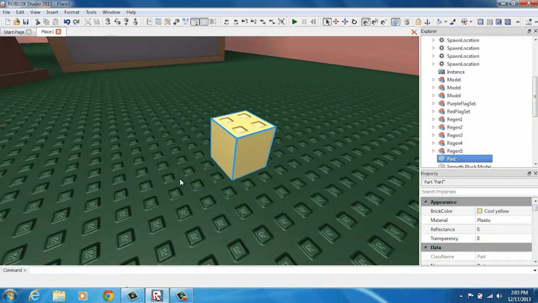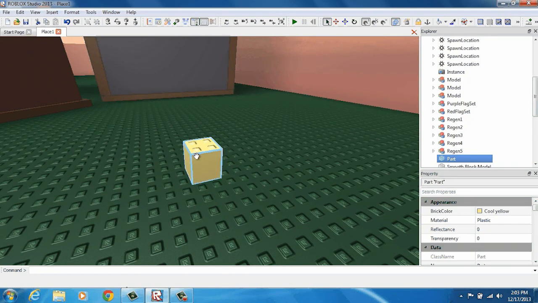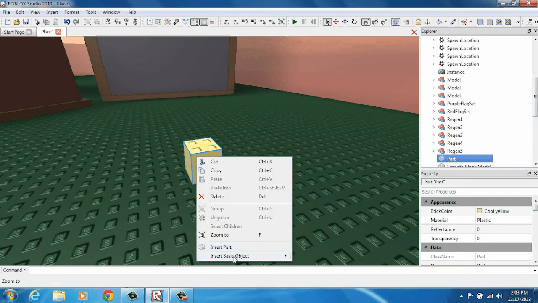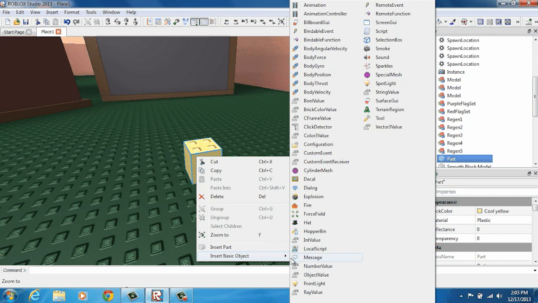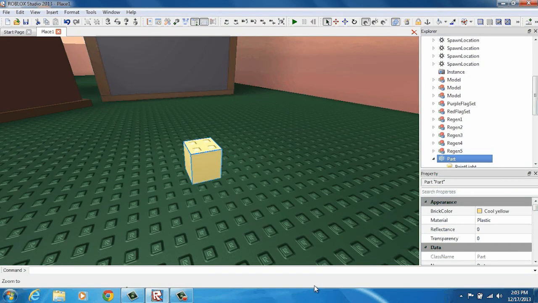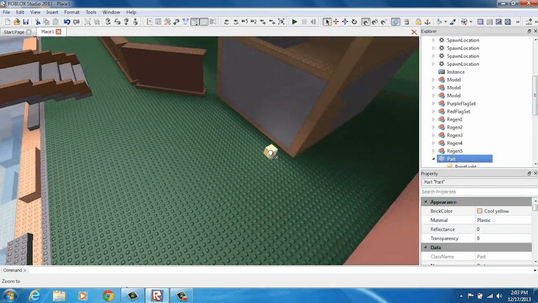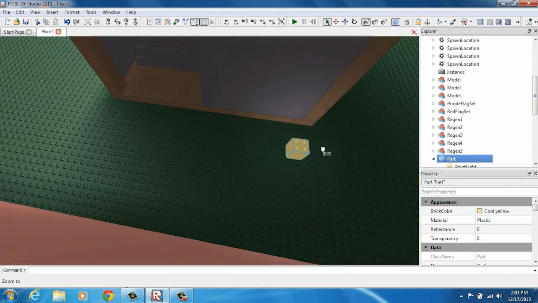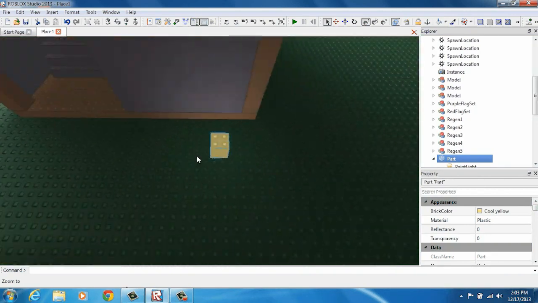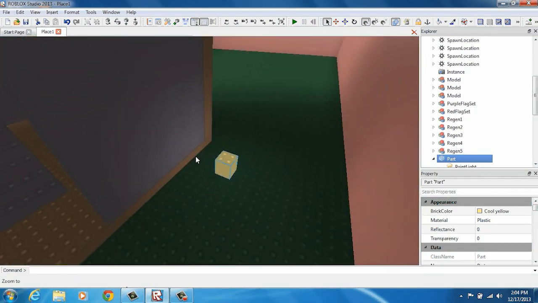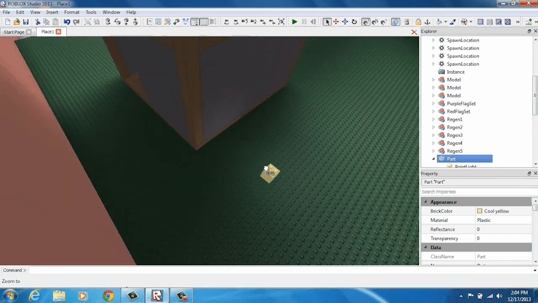So to add a light to this part, you're going to want to right click it, insert basic object, and then right here is point light. And you can see all these other things that you can insert into it, but right now we're going to be using the point light. Make sure you have the part selected, and it's the part that you right clicked on, and you insert a point light. So it's really hard to tell. It got a little bit brighter, but there is a light. You can see it glowing when I drag it by the shady side of this building. So there's a light in there, but it's really dark. So that's how you can add a